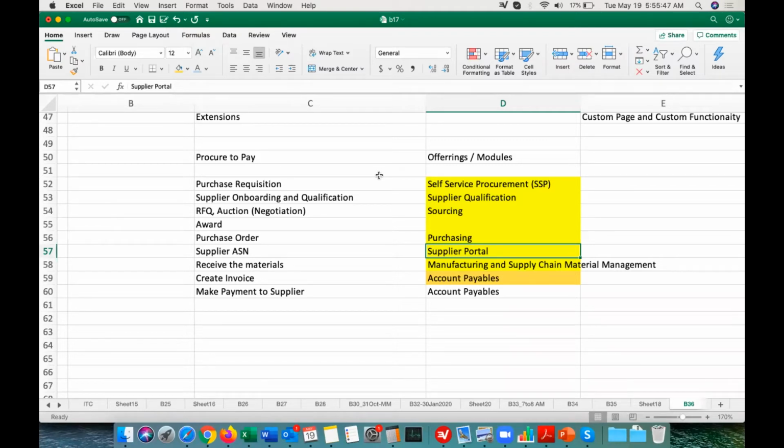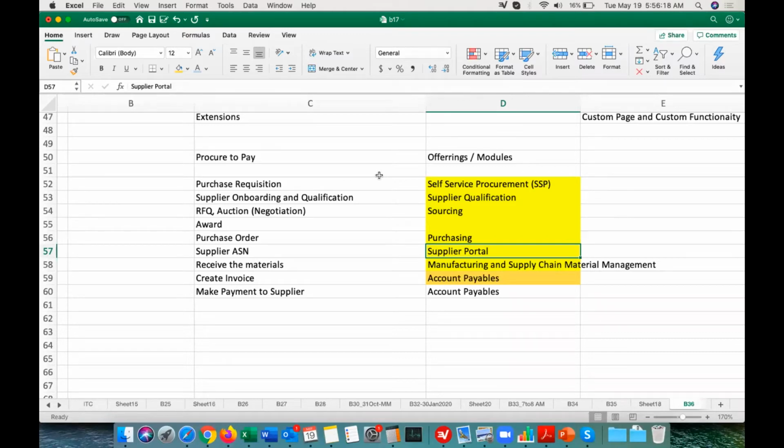Okay, so once the transactions are done, how are those item quantities maintained in this portal? Suppose the supplier has some quantity and he has uploaded it, or is it just the item descriptions which are there? This is only the item description. The item quantity will not be added by the supplier. They can do it, though. That is called the consigned inventory concept, that they have to do in manufacturing and supply chain material management through the supplier portal.